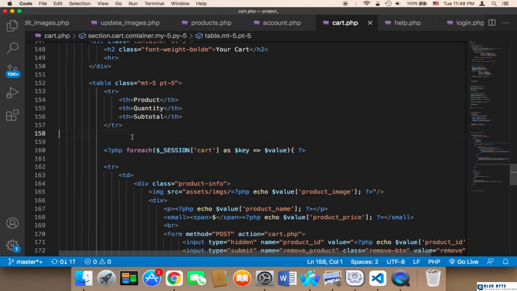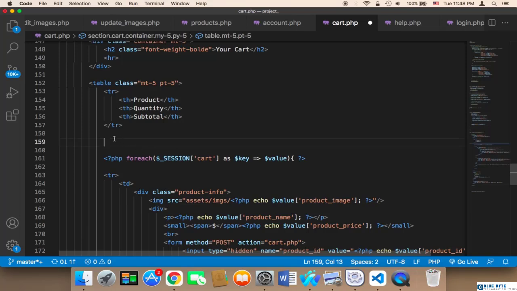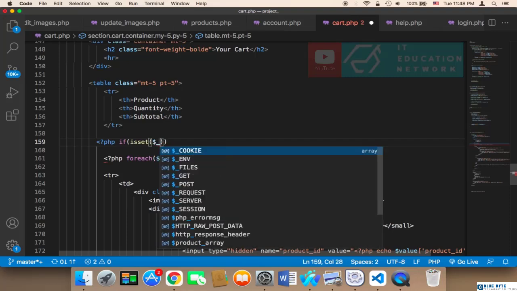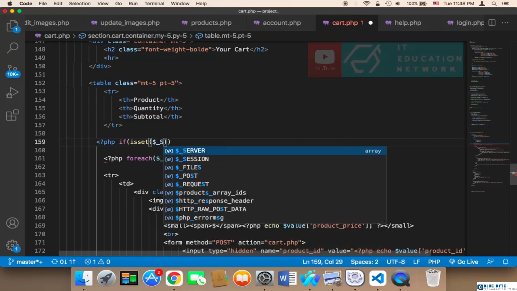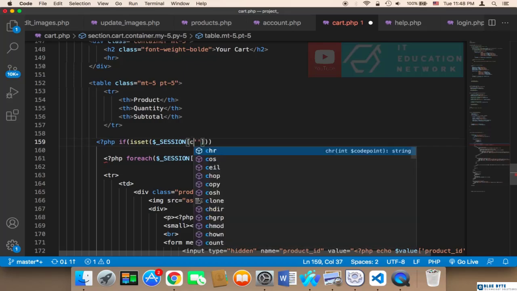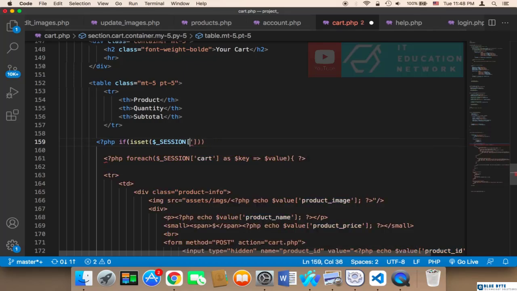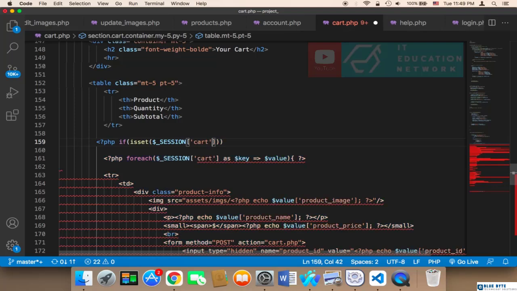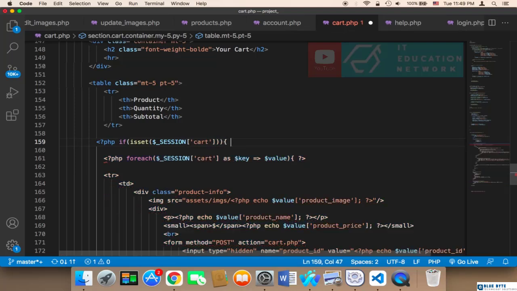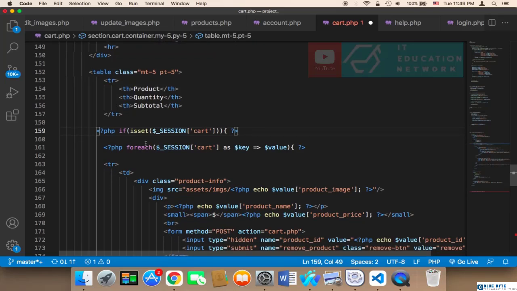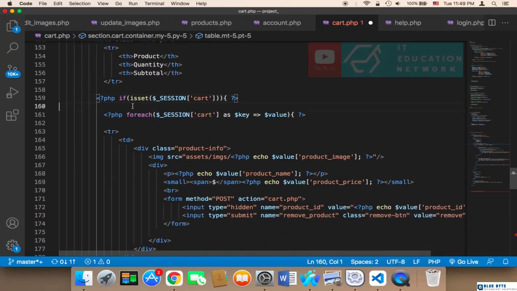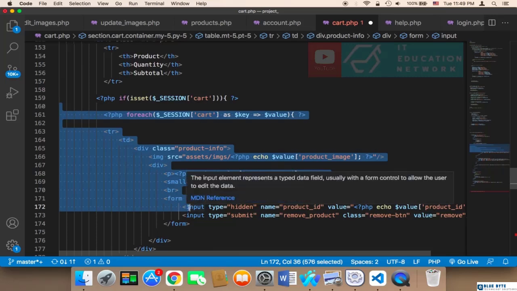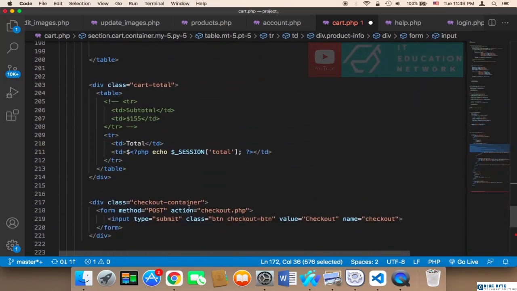So here, in this foreach, before we use the session, we need to say here PHP, and then if isset session cart, and then curly bracket, and then I'm going to close the PHP. If the session cart is set, then we execute the foreach and display the products, and then at the